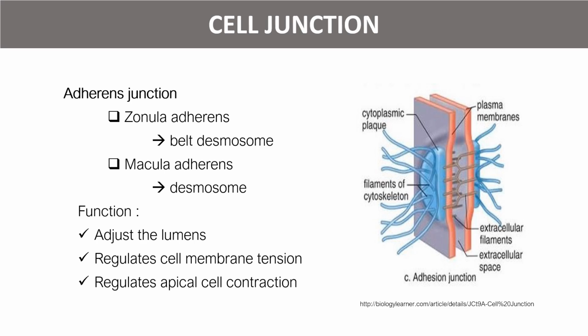At adherens junction, there is a specific structure called desmosome. And this is the desmosome. Desmosome consists of four components: cell cytoplasmic plaque or cytoplasmic compaction, the filament of cytoskeleton that consists of intermediate filament, and transmembrane linker or extracellular filament. The filament of cytoskeleton is attached in the cytoplasmic plaque, and the end of this structure is bound by the transmembrane linkers.